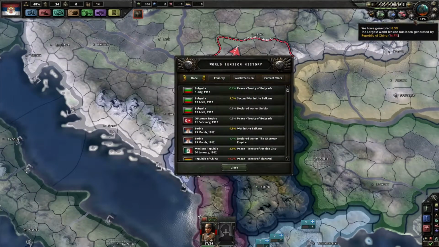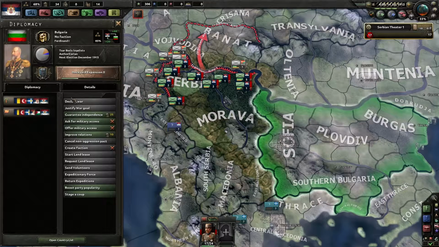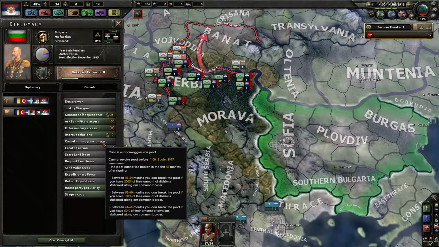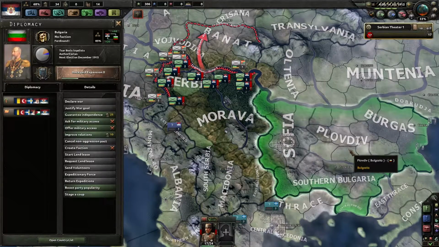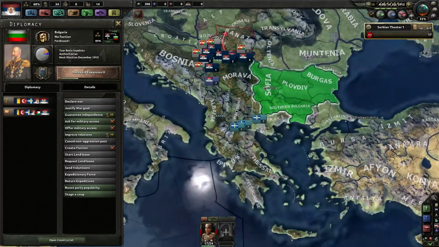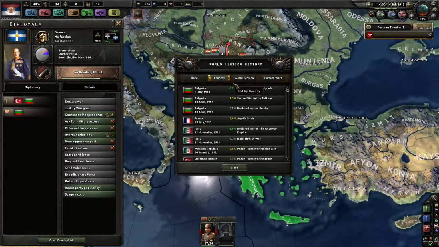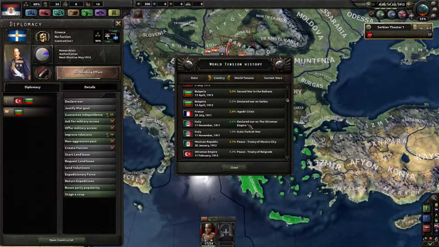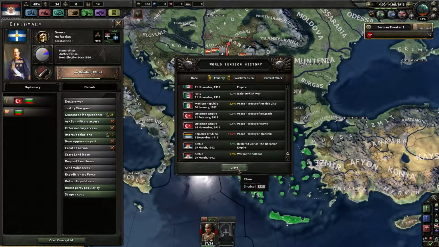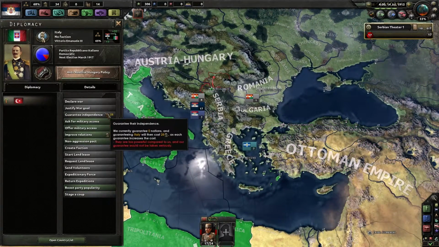Bulgaria has actually caused world tension. Can we break the non-aggression pact? We can't break until July 1917. If we could break it earlier, we could re-invade Bulgaria, but we can't do that. Other than that, I don't think anybody's generated world tension. France has. Italy has. Mexico has. The Ottomans have. And we have. That's not good. But we have a non-aggression pact with them. We could theoretically...